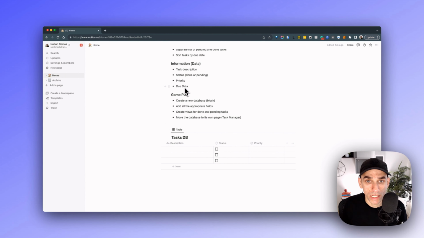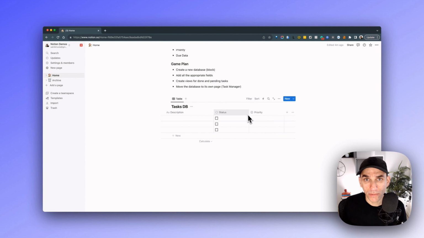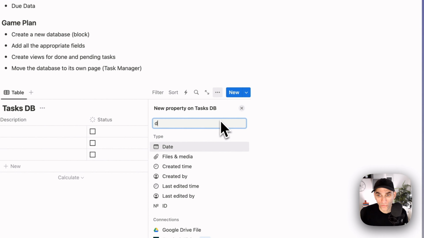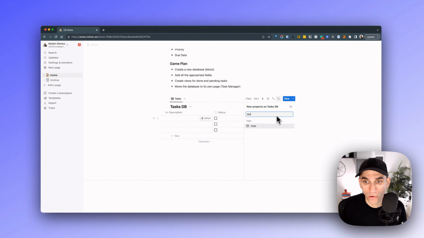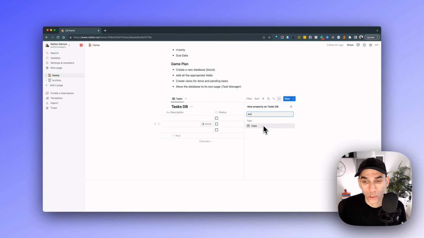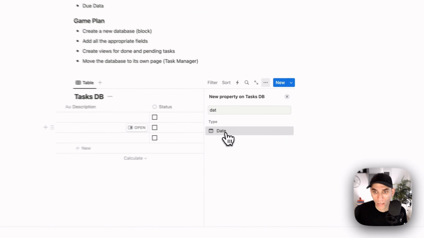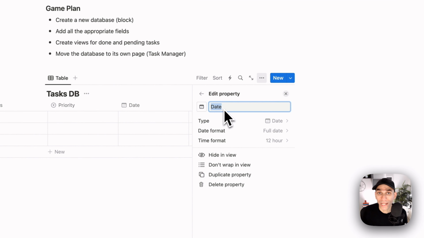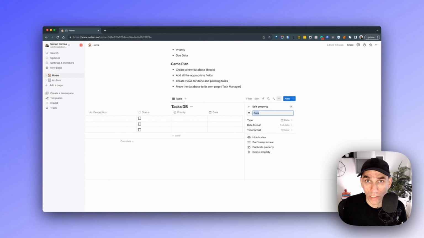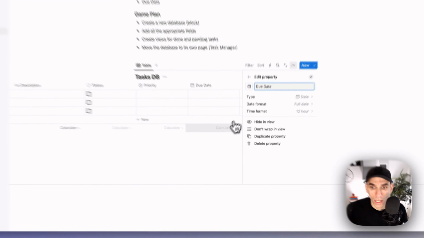And the last one we need is the due date field. So as the name suggests, it is going to be a date field. So you click on the plus button and then search for date. And the first thing that comes up is the date field. So the name suggests that in this field, you're going to be tracking some kind of a date. So here, all you're doing is selecting the type of information that's being tracked. And once you click on that, then you name the field. So this could be any date, right? This could be the start date, the end date, but in our case, it is the due date. So we are going to name it due date. And then